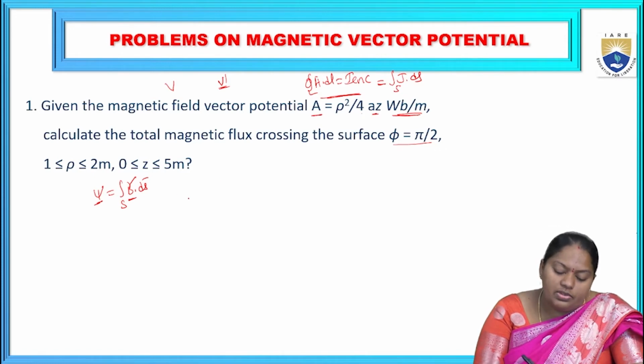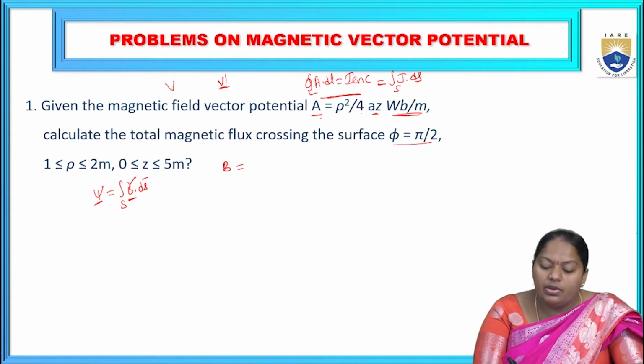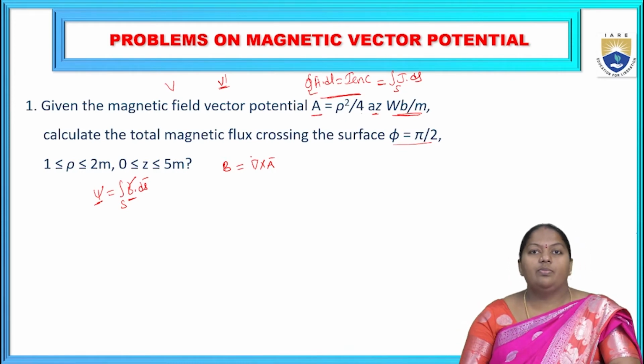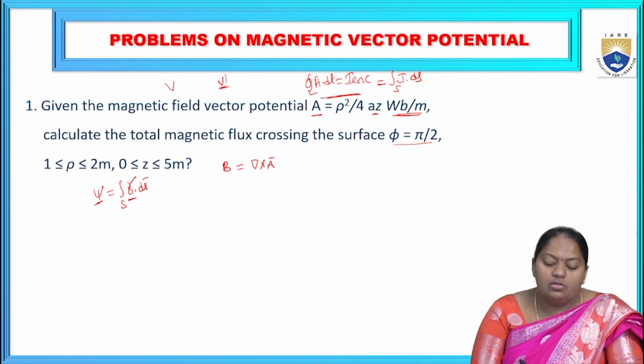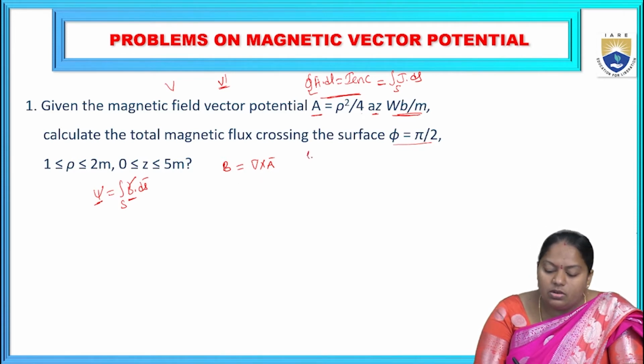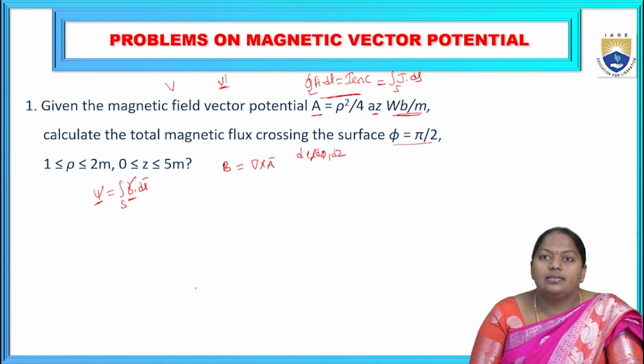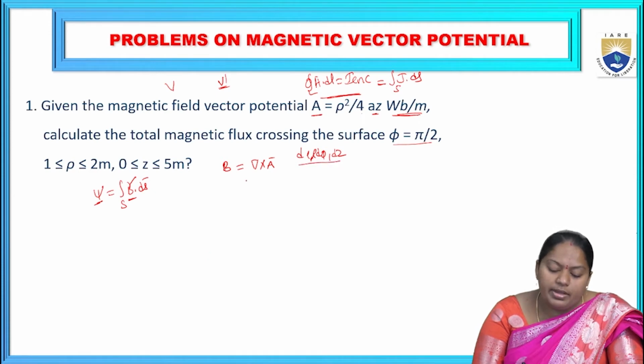To solve this, first we have to evaluate the B value. The relation between magnetic flux density and the magnetic vector potential A is given as B equal to del cross A bar. Here the variables rho, phi, Z are given, which means a cylindrical coordinate system. In that, the components are rho, phi, Z, and the differential components are d rho, d phi, and dz. Depending upon the given values, we evaluate the magnetic flux density B, whose formula is given by 1 by rho